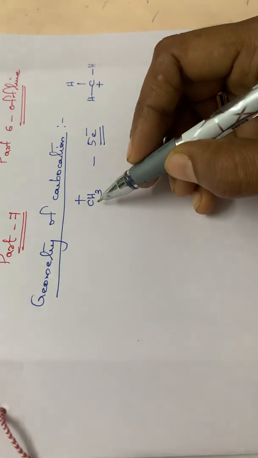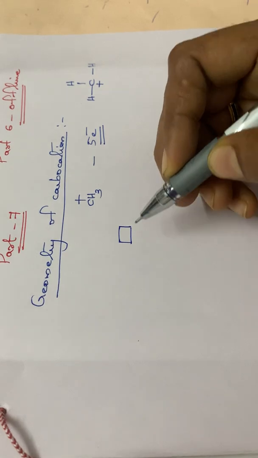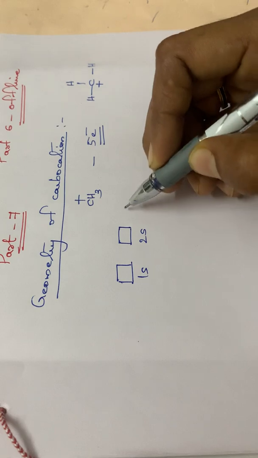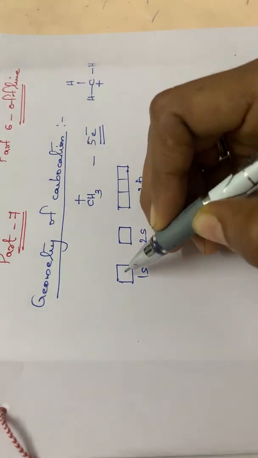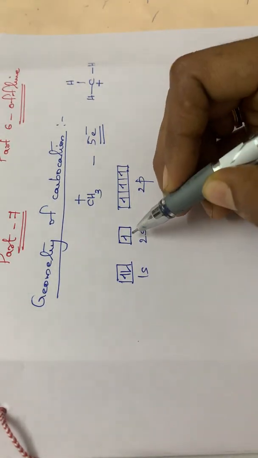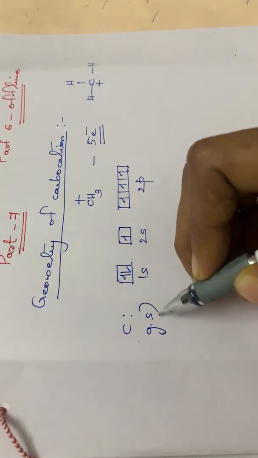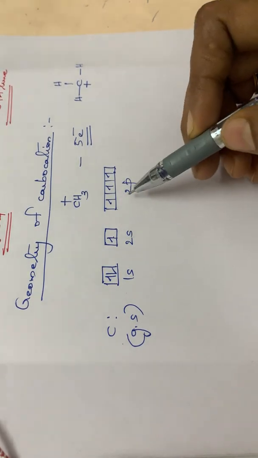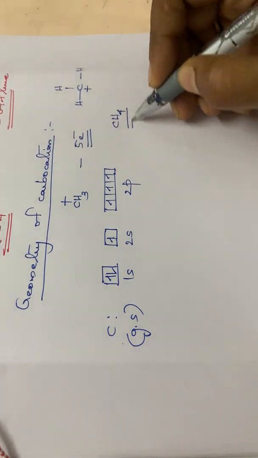And while writing the hybridization, how can we write it? Normally carbon has 1s, 2s and 2p. This is the normal hybridization: 1s2, 2s2, 2p2, isn't it? So a total of 4 valencies are there for the carbon atom in the excited state. This is the general hybridization. To these 4 valencies, 4 hydrogen atoms can join, and therefore it can form methane, isn't it?